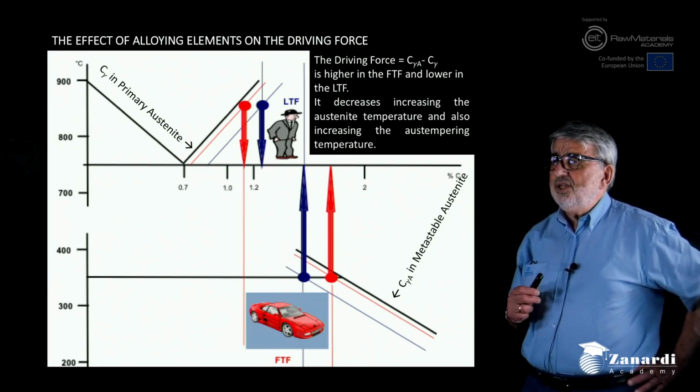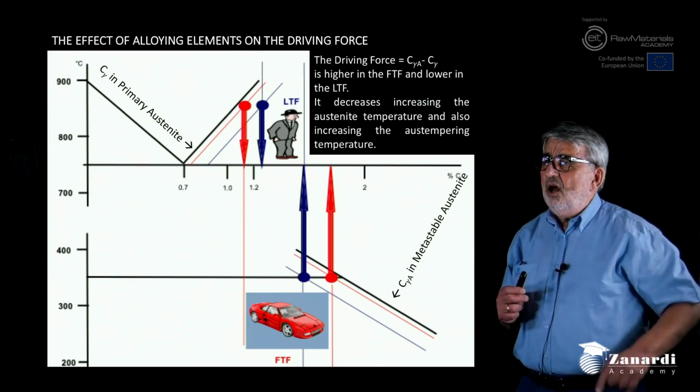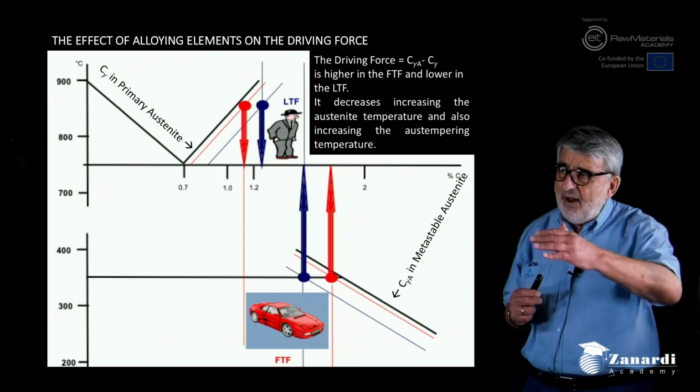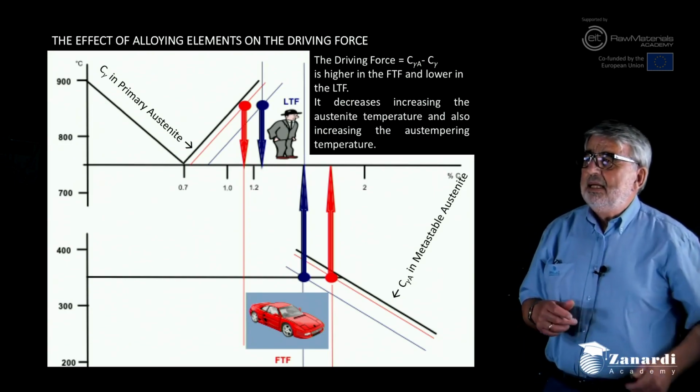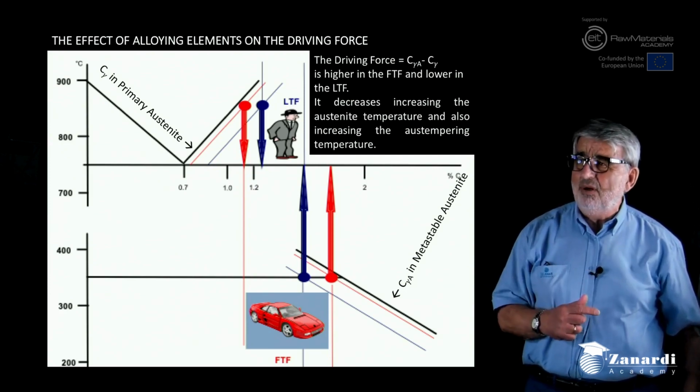And then you see the oblique line also on the right, but on the bottom. That is the carbon solubility into the metastable austenite